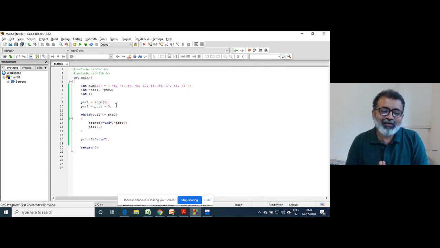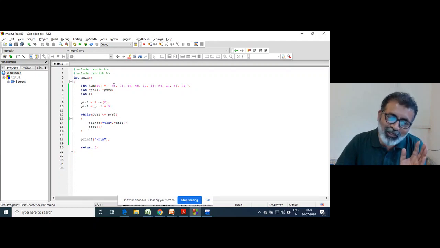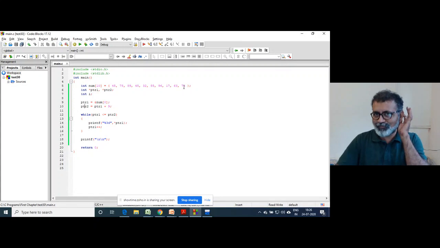We know that a constant can be added to the pointer. So ptr1 is here, I added 9 to that and stored it in ptr2. But don't make the mistake of thinking that adding 9 will make ptr1 point to some other location. Ptr1 will still point here, but ptr2 will point to 74.